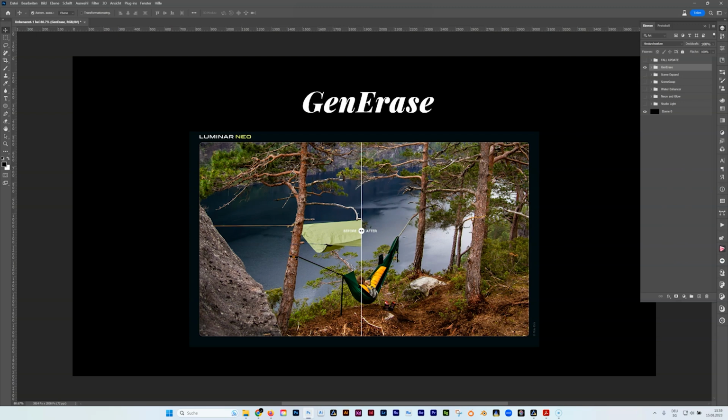One of the upcoming features will be GenErase. GenErase is actually very simple. It's a next generation erase tool that not only removes unwanted distractions from your image, but also replaces those areas using content-aware tools, providing a focused and distraction-free composition. This feature preserves the integrity of your photo by intelligently filling the gaps with textures and other elements to match the surrounding area. GenErase can seamlessly remove objects like trash, streets, signs, vehicles, graffiti, and more to preserve the beauty